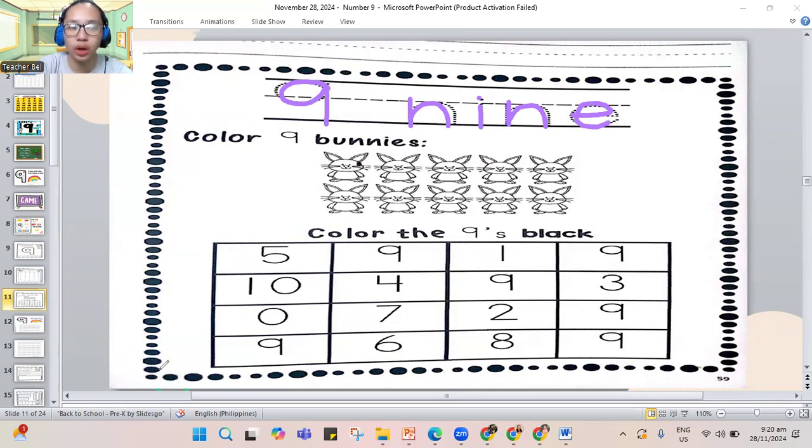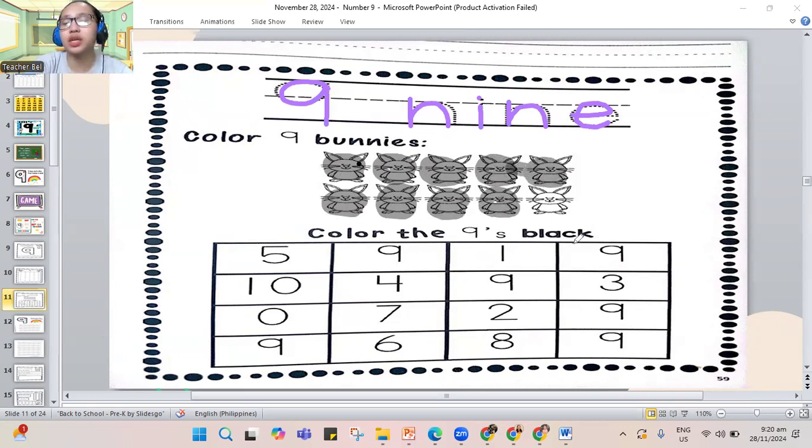So let's color. We have 1, 2, 3, 4. Another one, 5, 6, 7, 8. And the last one, we have 9.